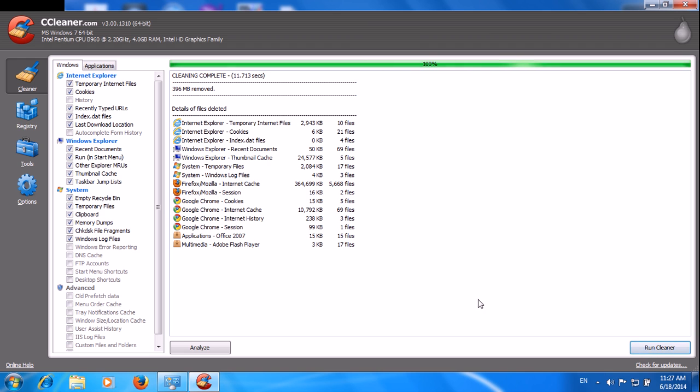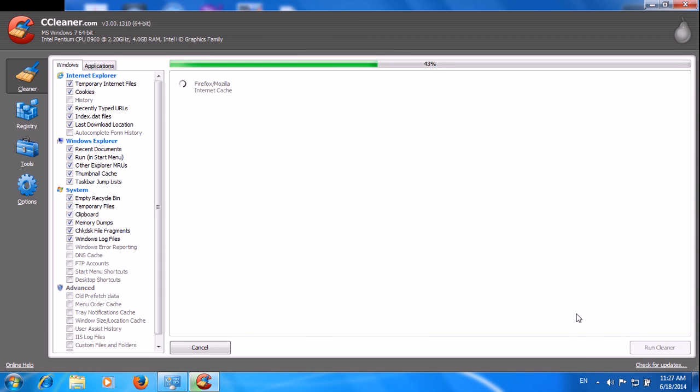Yes, we must run cleaner more. Now we see 319,396 MB. So we run cleaner more. Okay, now we see zero already.